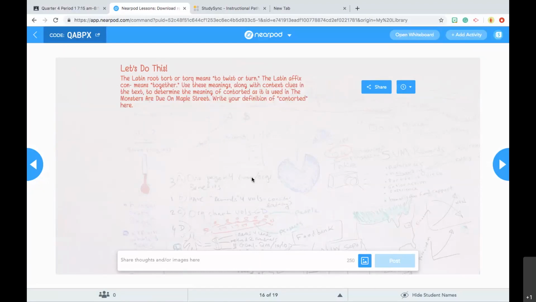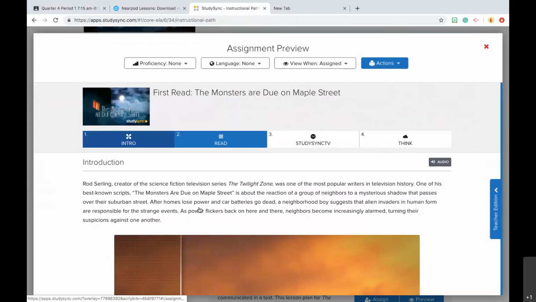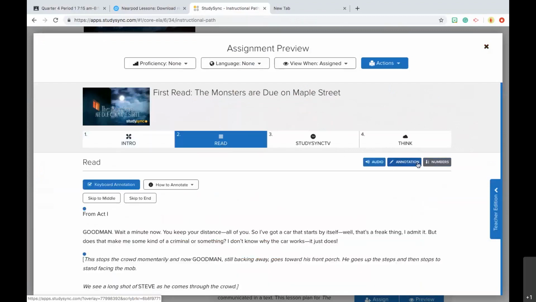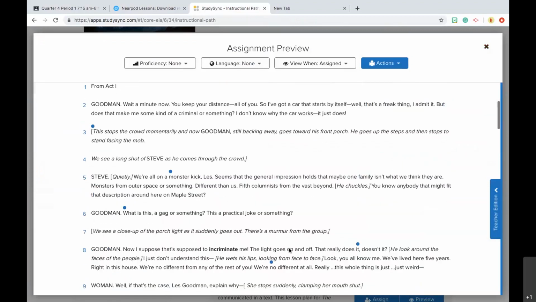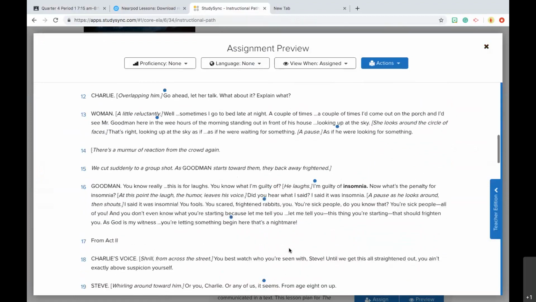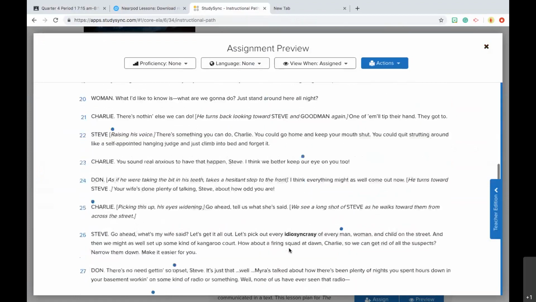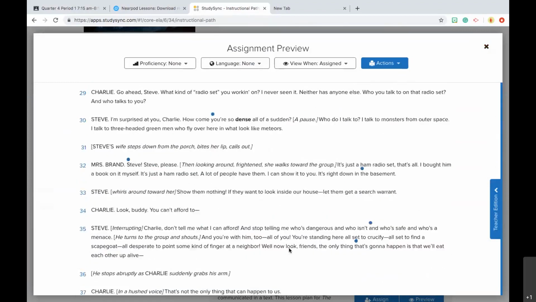Use these meanings along with text clues, context clues in the text, to determine the meaning of contorted as it is used in The Monsters Are Due on Maple Street. Write your definition of contorted here. So I want you guys to use those, and we're going to go see where the word contorted is in our text. So let me number it here, and we're going to go to paragraph number,